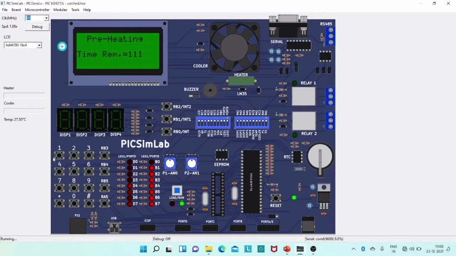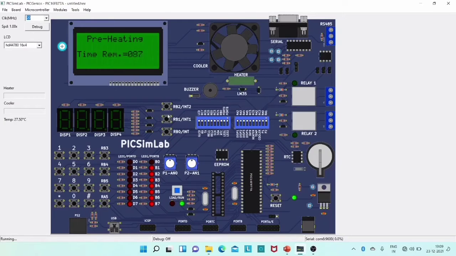These are the tactile switches which are connected in rows and columns, which is called a matrix keypad. And these are the LEDs, and this is the microcontroller, and here are relays which act as a switch.